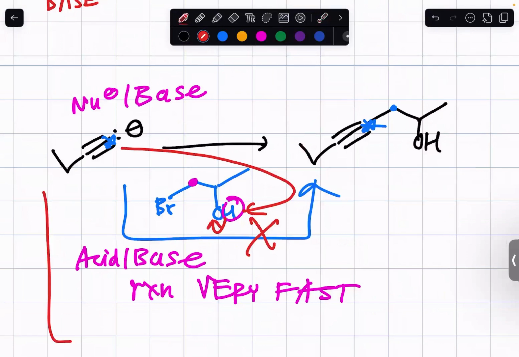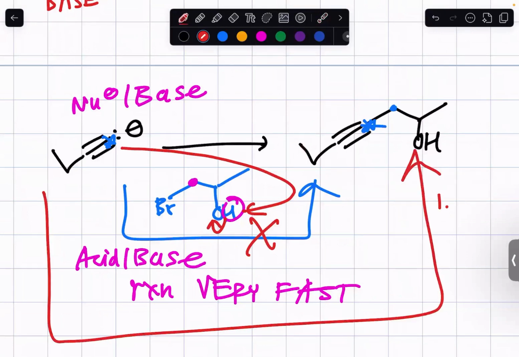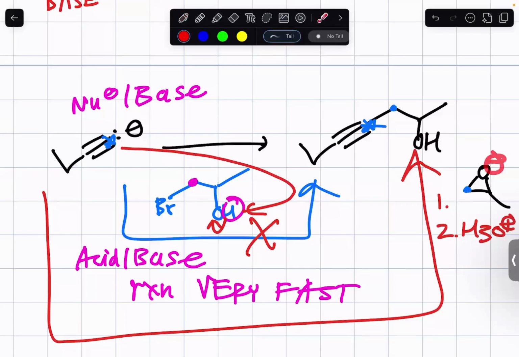To actually get from here to here, you want to put the epoxide right there, where the blue carbon is the less substituted carbon, and then acid workup as a result to protonate the O minus. Can you give an example where we attack the more substituted side? Yeah, so when we open up the more substituted side of the alkene,